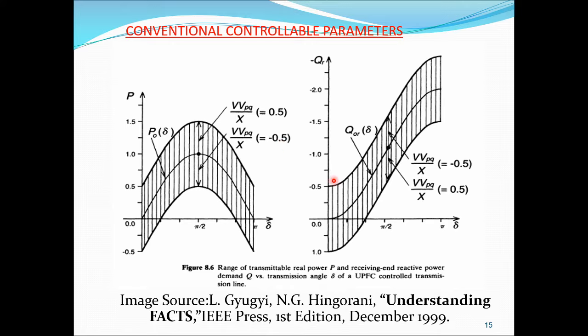Same, if you'd like to plot one graph for reactive power, we can have receiving-end reactive power, that is minus QR. Same, it's exponentially rising up to this point. I'd like to plot this entire curve up to pi, 180 degrees. Same, plus or minus 0.5 we can vary, that is nothing but V square by X or else VPQ. What is VPQ? It is nothing but I would like to inject one source. That voltage will carry some source as VPQ.